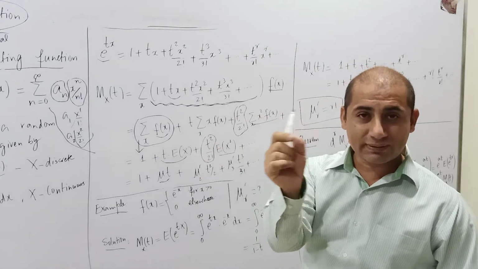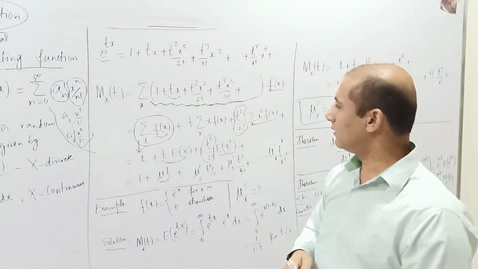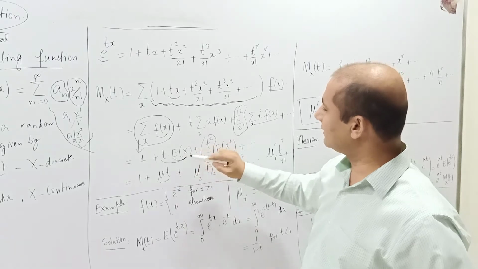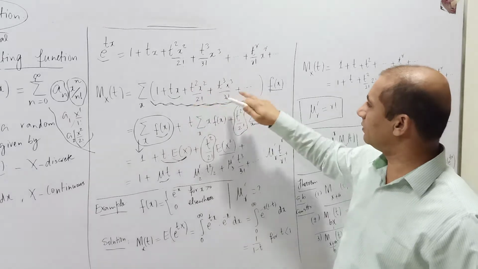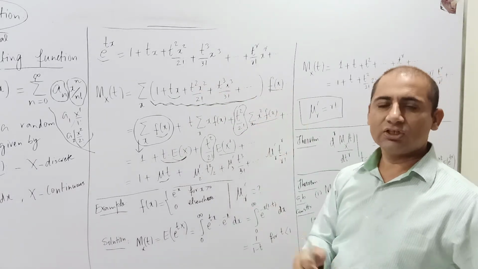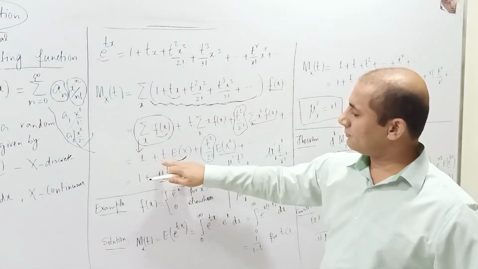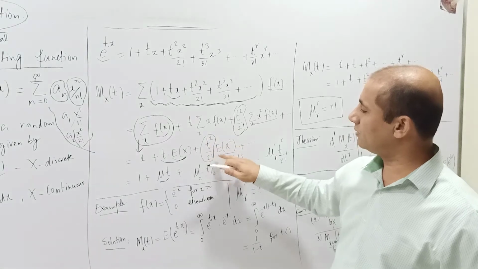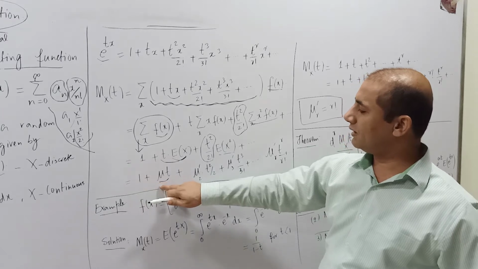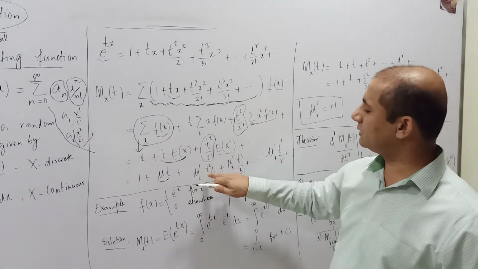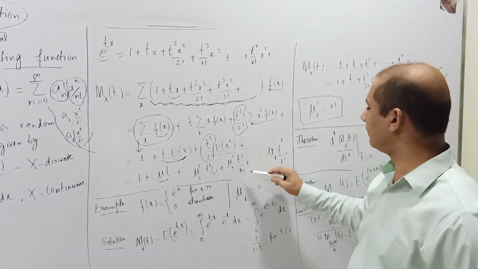This is nothing but the expectation, or you can call it the first moment about origin, or you can call it mean. So this is E of x, and then for the second term, this is t square over 2 factorial x square f of x, and then this summation. So this is the second moment about origin. So this is 1 plus t E of x, plus t square over 2 factorial E of x square. This is the second moment, it goes on, and then it becomes 1 plus mu 1 dash t, and then mu 2 dash t square over 2 factorial, and then mu 3 dash t cube over 3 factorial, and so on.